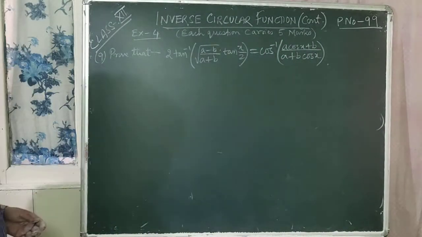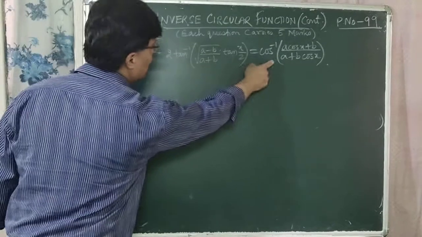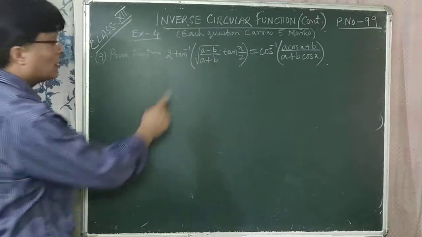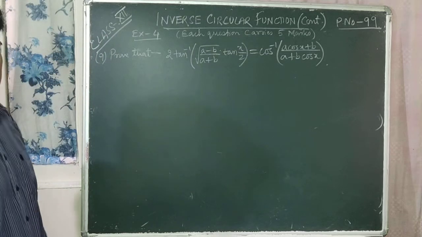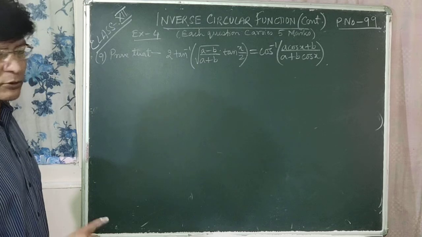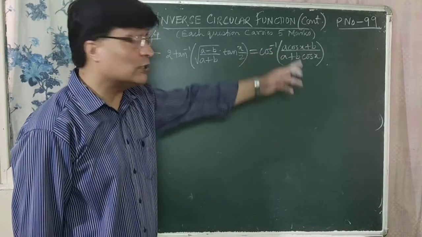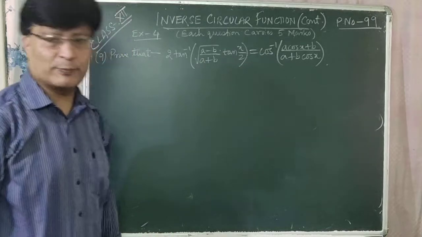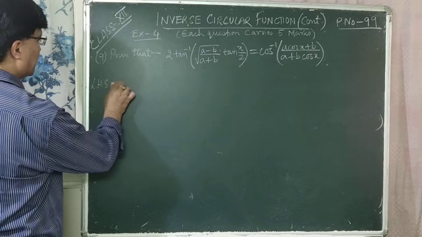So now we will do the next question, that is question number 9. Prove that, you have to prove this LHS is equal to RHS, right? What is the left hand side here? 2 tan inverse within bracket, within square root there is a fraction (a minus b) upon (a plus b) into tan x by 2, bracket close, is equal to, you have to write it in terms of cos inverse. That is cos inverse within bracket, in the numerator a cos x plus b, divided by a plus b cos x, right? So let us write down LHS is equal to